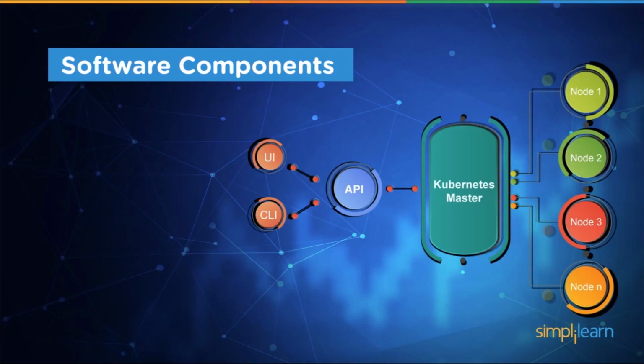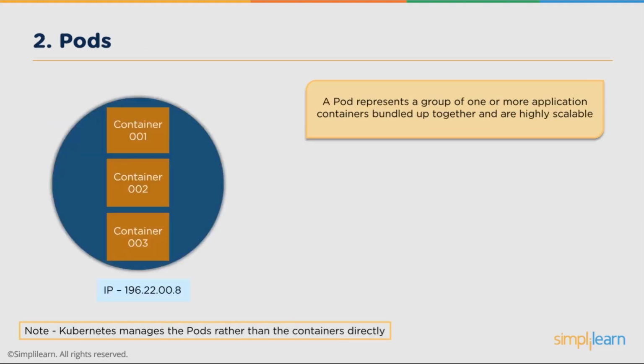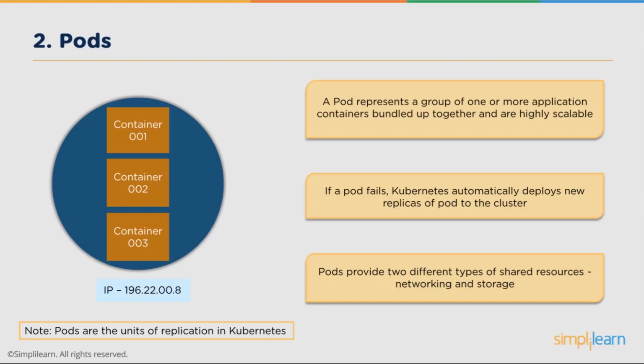So let's pivot and look at the software components as compared to the hardware components. The main part of the components is the actual container, and all of the software running in the container runs on Linux. So if you have Docker installed as a developer on your machine, it's actually running inside of Linux. That's what makes it so lightweight. And one of the things that you'll find is that most data centers and cloud providers now are running predominantly on Linux. The container itself is then managed inside of a pod, and a pod is really just a group of containers bundled together.